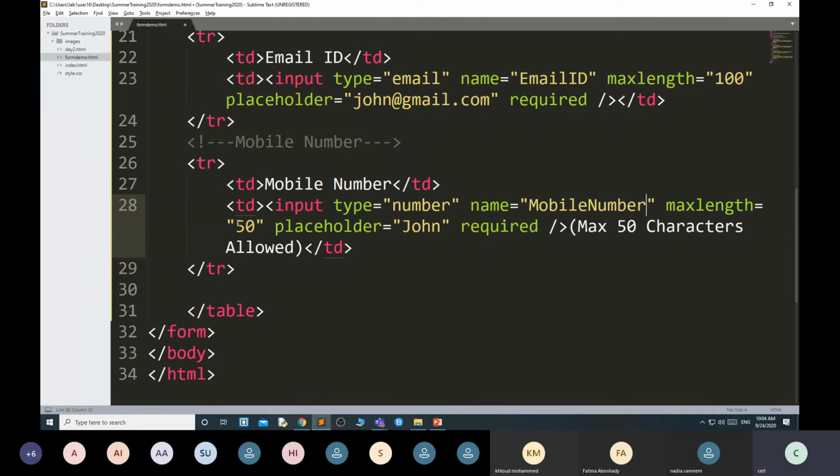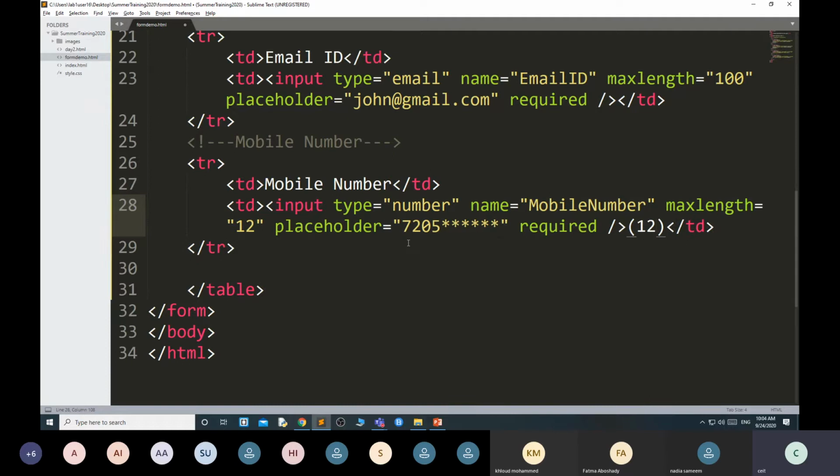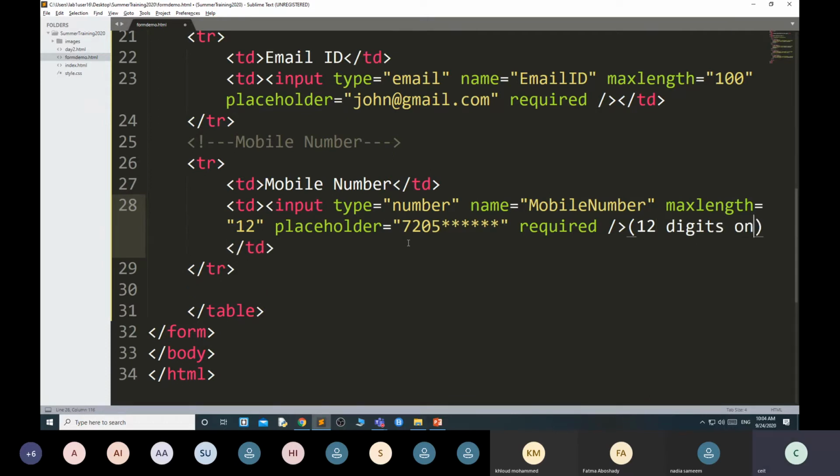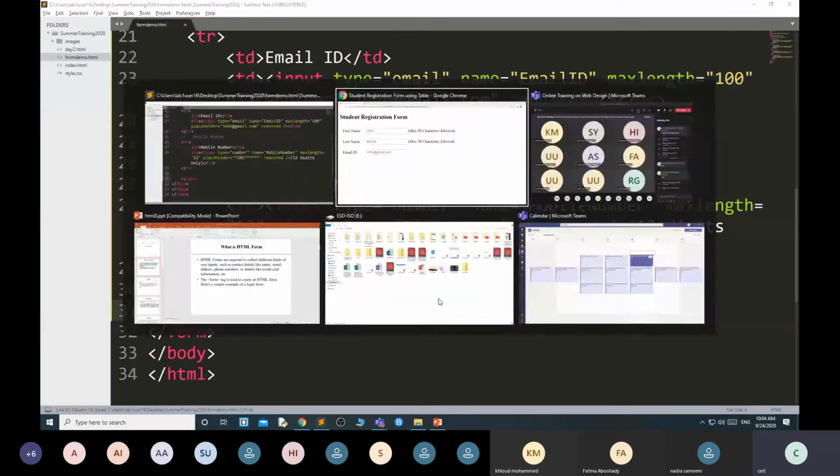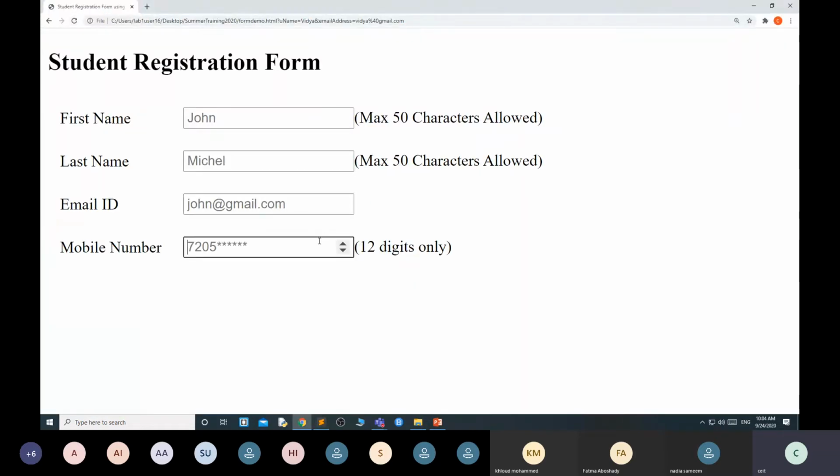Max length 10 or 12 suppose, and placeholder, and required. Here I am writing 12 digits only. But here I have used input type number. Just see the difference. When I use input type number, you can see here, it will come like this.